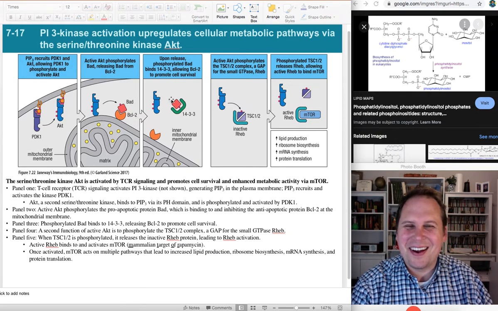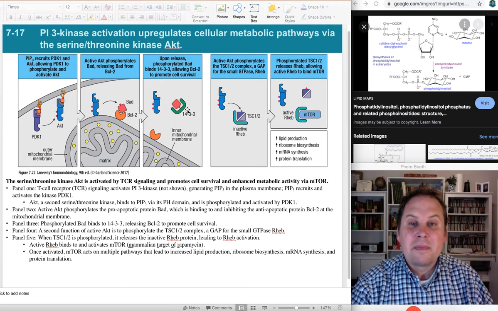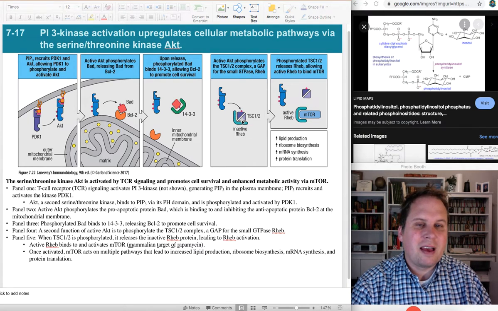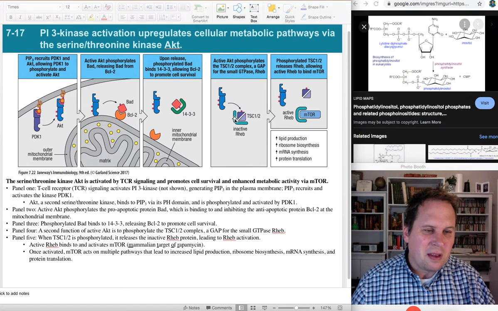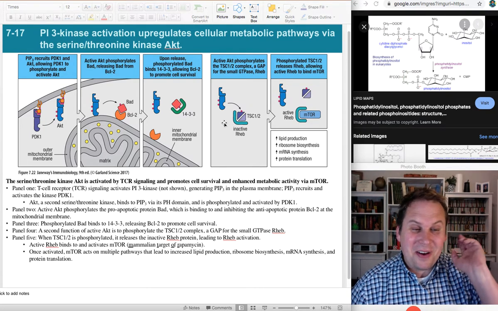Of course there are. So we're going to promote cell survival. Great. But also that activated AKT will now go over here, and in addition to just surviving, it's going to bind to TSC 1 and 2, and it's going to phosphorylate that. And so once it's done that, that will convert Rheb protein, RHEB, into the active form, and it will now no longer associate with TSC 1 and 2, because once they've got their phosphate, they are also straight out the